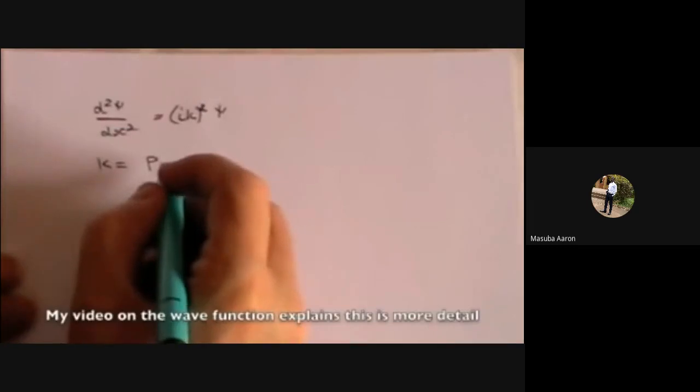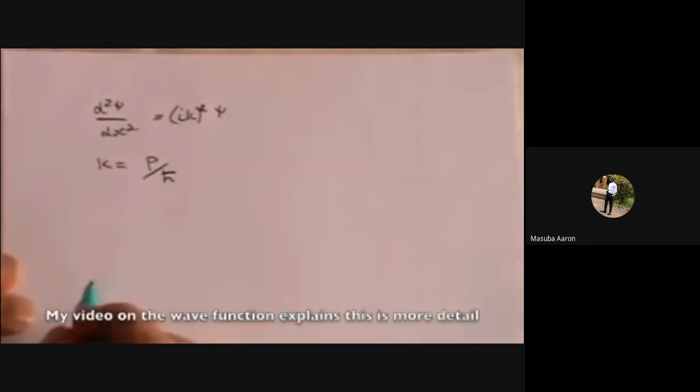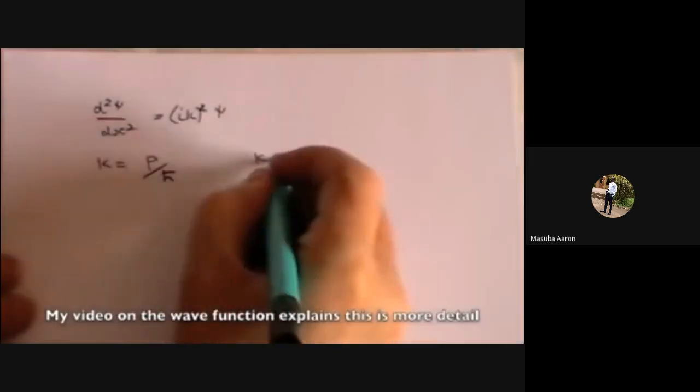Now we're going to differentiate again. So we're going to take the two sides with respect to x squared. That means you bring down ik again, squared. Now let's just remember that is equal to... because I'm defining k as